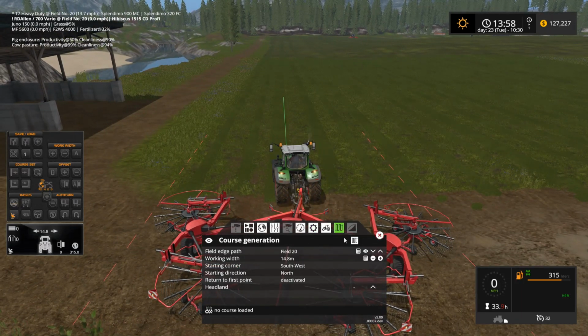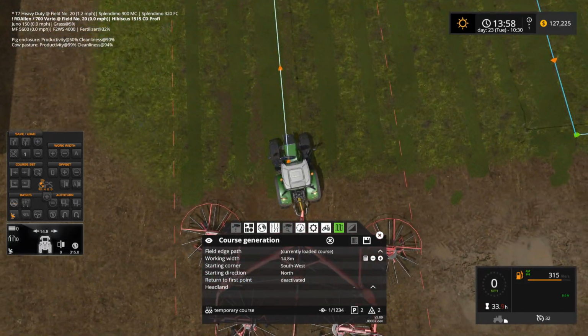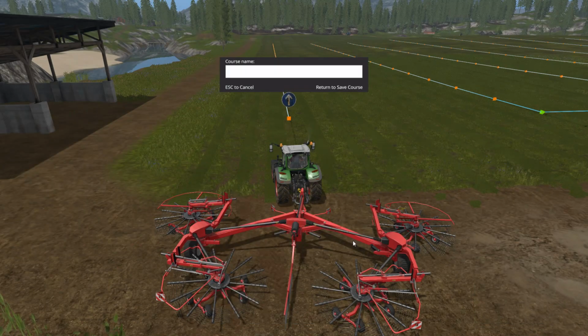Oh, I should probably generate the course. I guess I didn't do that yet. Generate the course, there we go. So pretty much what I've done here, I've got the GPS lined up, and I've also got Course Play set up here. So field 20,